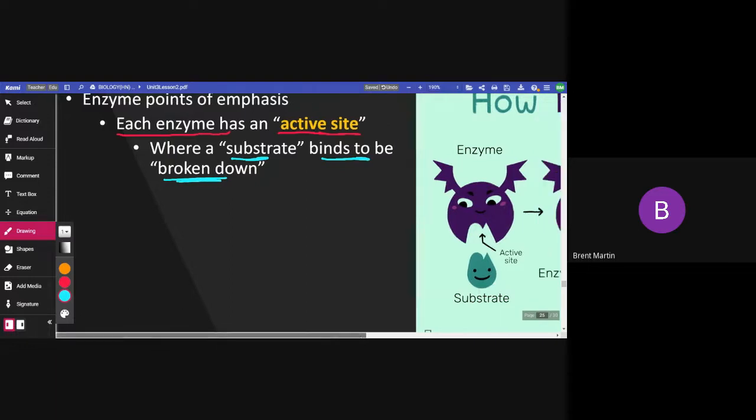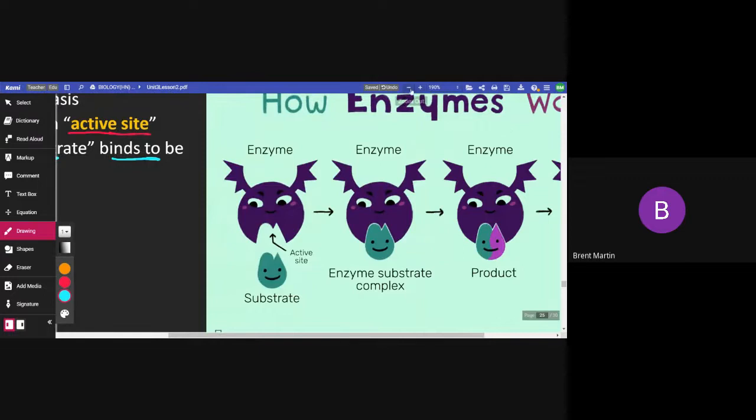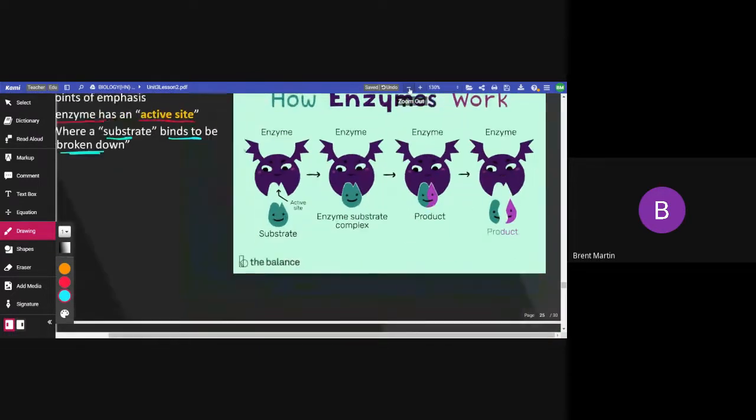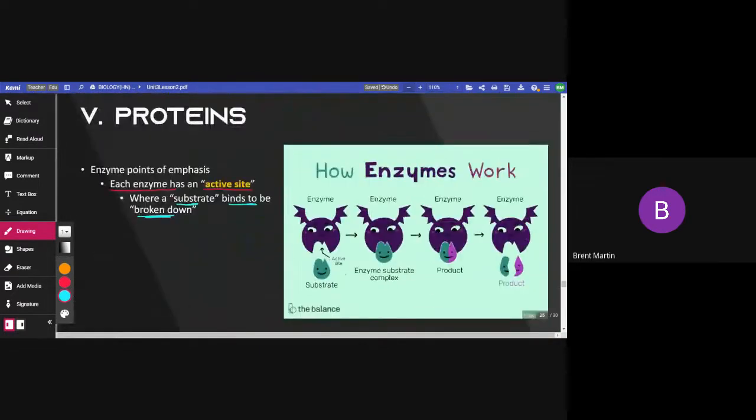And substrates can be different things. It can be a protein, a carbohydrate. It can be whatever you eat that you're trying to break down, right? It can be whatever you want it to be. But anyway, when something attaches, you can see that it attaches. And do remember this too. This was actually on the EOC. There's an EOC question that says, what is something related to an enzyme and a substrate? And the answer is they form a complex with one another. That was the actual answer. And anytime you see an enzyme attached to a substrate, you call that an enzyme substrate complex. That's actually on the EOC, right?